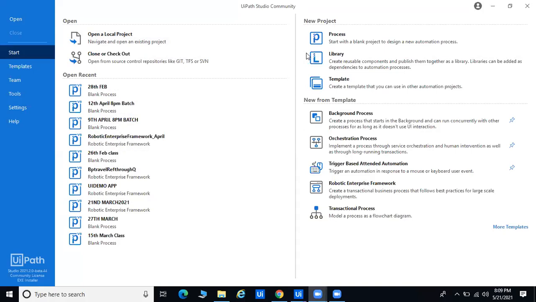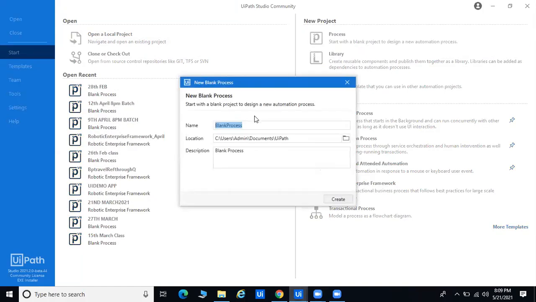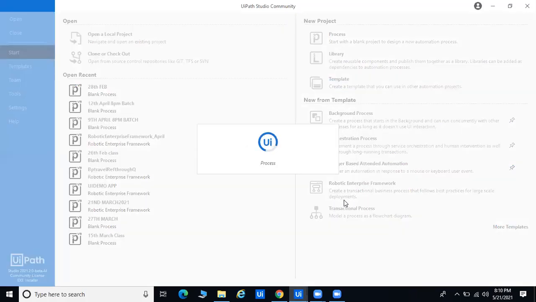Okay. So here we'll go for the process. If you want to create any type of project, you can go to process and you can click like this. Okay. So here I am taking one blank process. Here I provide today's date, the 21st May. Okay, and click on create. So the first thing we are going to automate is process automation. RPA is totally process automation.